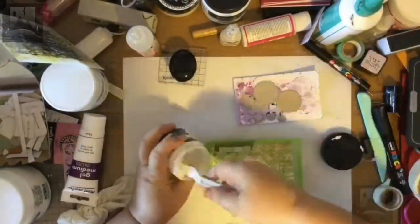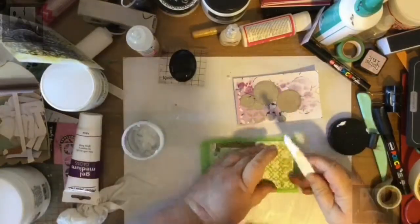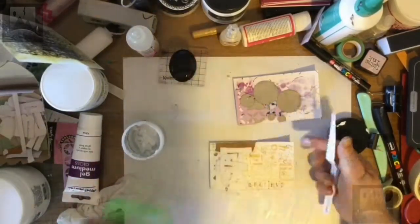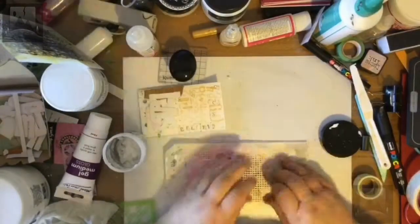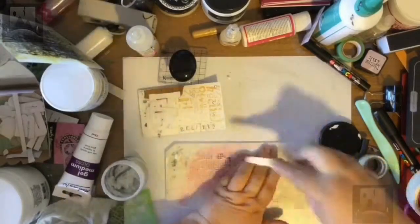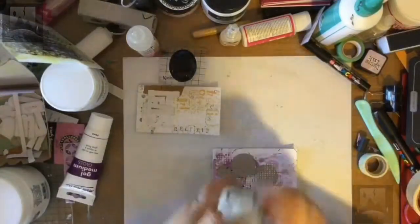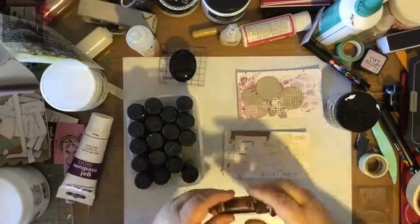So on the numerical one I'm adding some shaping which is square, which to me, because of the lines, works really well with the numeral alphabetical idea for this page. So it'll add some depth there. And on the circles I add a dotted stencil to go with the actual subject. It's often a little bit harder to work one-handed when you're holding the stencil down, but I felt they came out quite well. So now these will get dried off and I will start on them,